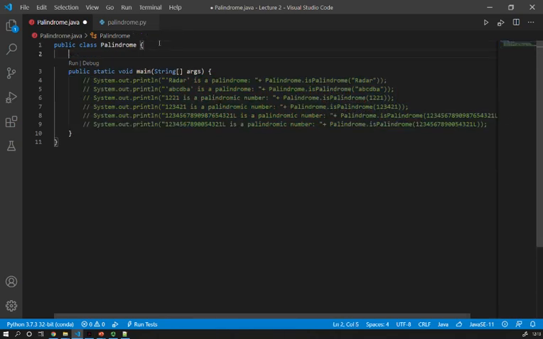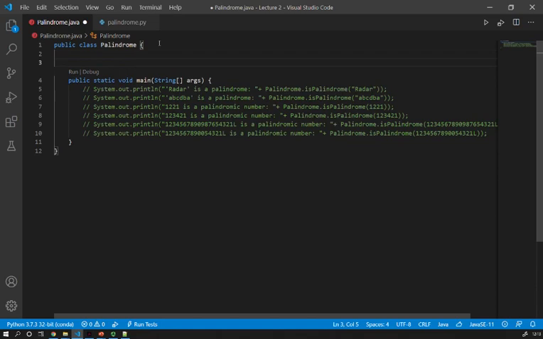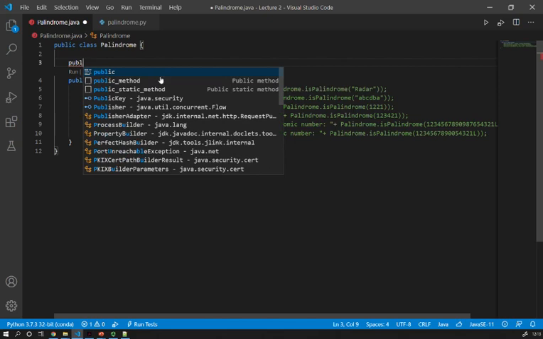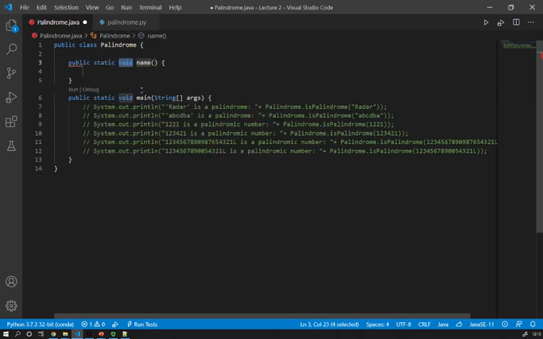First thing I need to do now is to define my static method. So I'm going to start to type public. And then I can see here I've got different options, which are quite useful. So I'm going to click on that one because I want to create a static method. It's going to ask me if I want to have a void value as a return value or if I want to have a specific type. Here, in this case, I want to return a boolean. So I'm going to type boolean. Then the name is going to be isPalindrome.